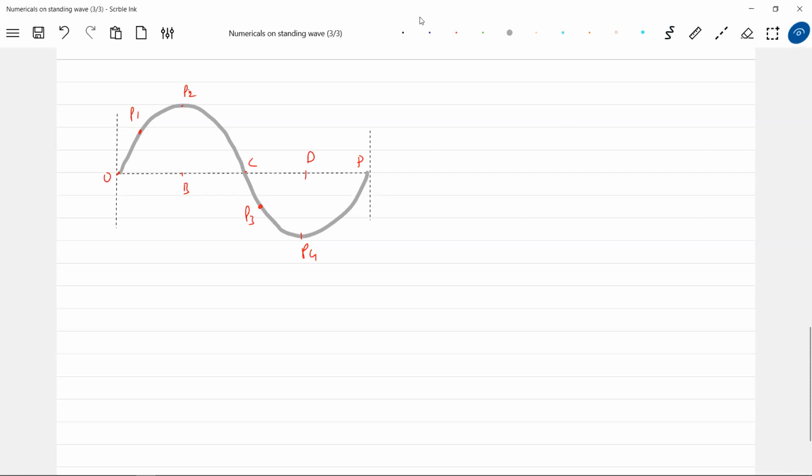What about the net flow of energy through OP1? Well, it depends on time. Because you see that one, the antinode, it was having maximum potential energy, kinetic energy is zero here. No energy here, maximum energy there. After some time, the energy here will become zero. Potential energy and kinetic energy will change, so there'll be flow of energy. So the energy flow in this region depends on time.